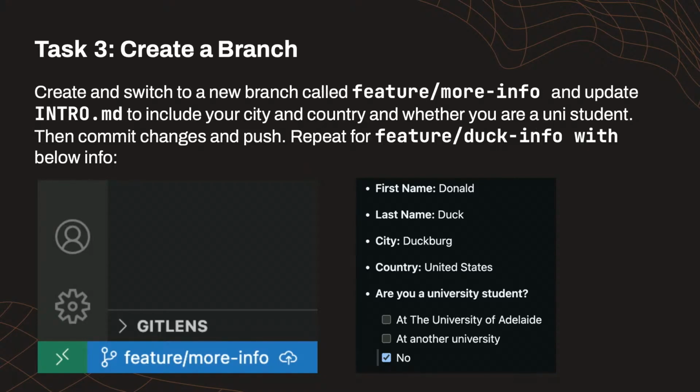So the reason we're doing two branches, you can see later on, but it's basically to try to resolve a Git conflict, Git merge conflict. So if you go back here,